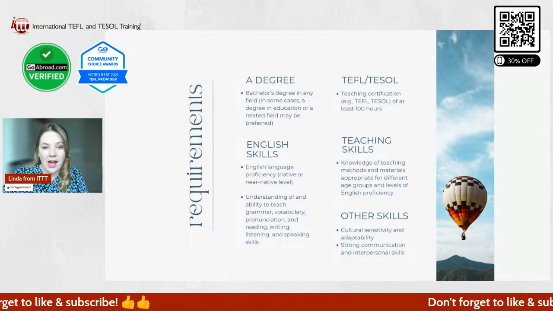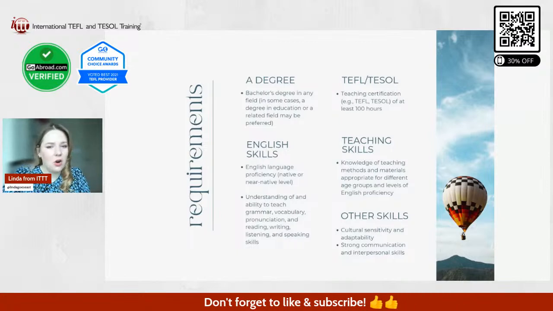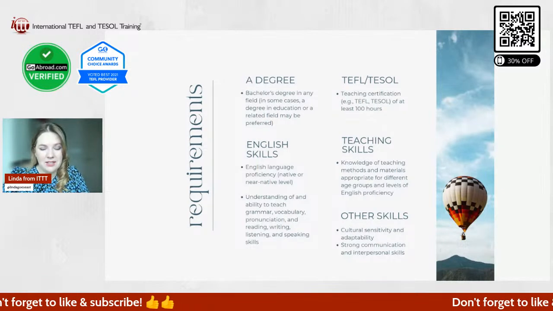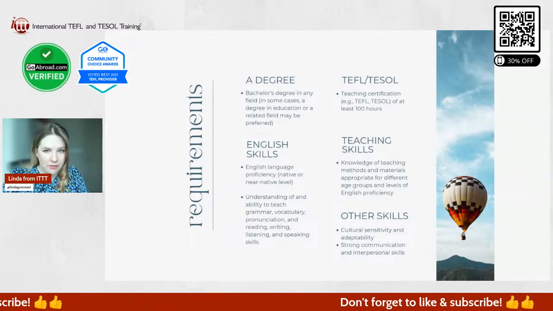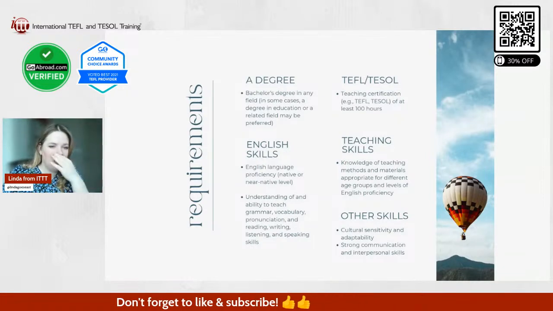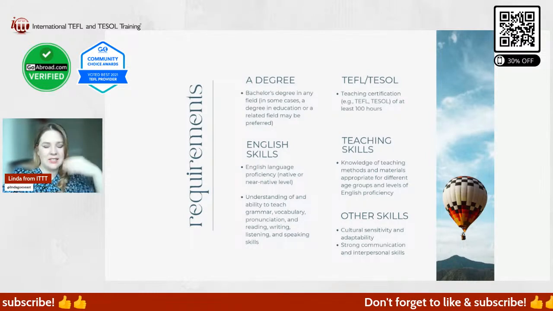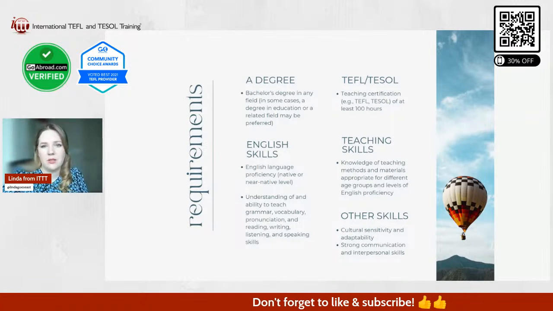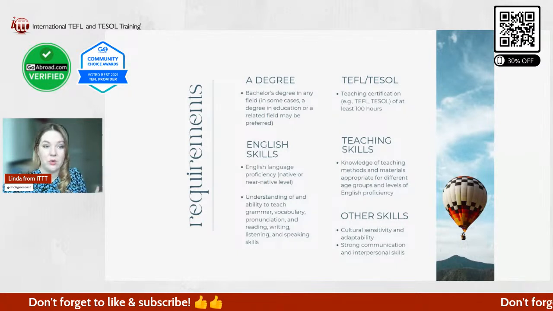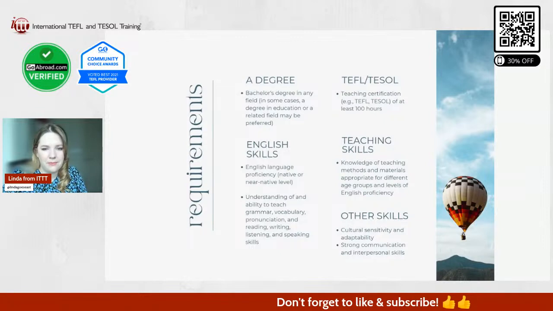Now, a lot of people also have, for example, a teaching license from their own country. They're already teachers in their own country, but you will still need, in many cases, the TEFL or TESOL certificate on top of that, because TEFL TESOL is specifically for teaching English as a foreign language. So only a teaching license is not enough, but it's of course a huge plus because you're already a teacher and you have experience, you have a teaching license. That's really great. But you still want to get a TEFL or a TESOL certificate on top of that.